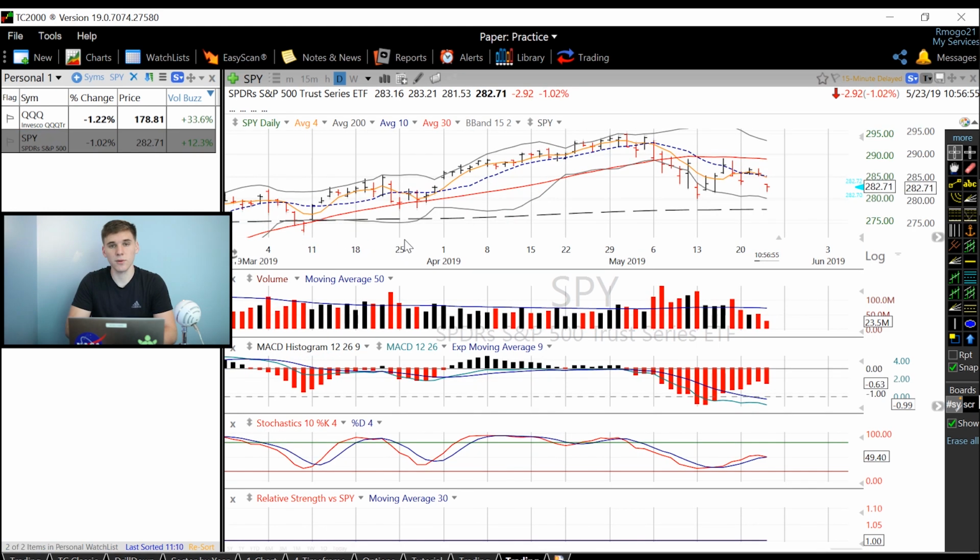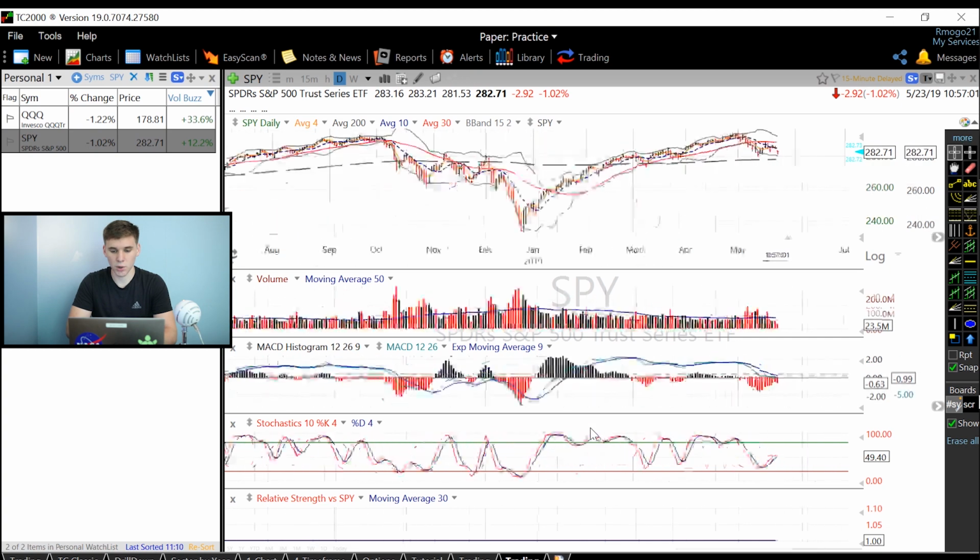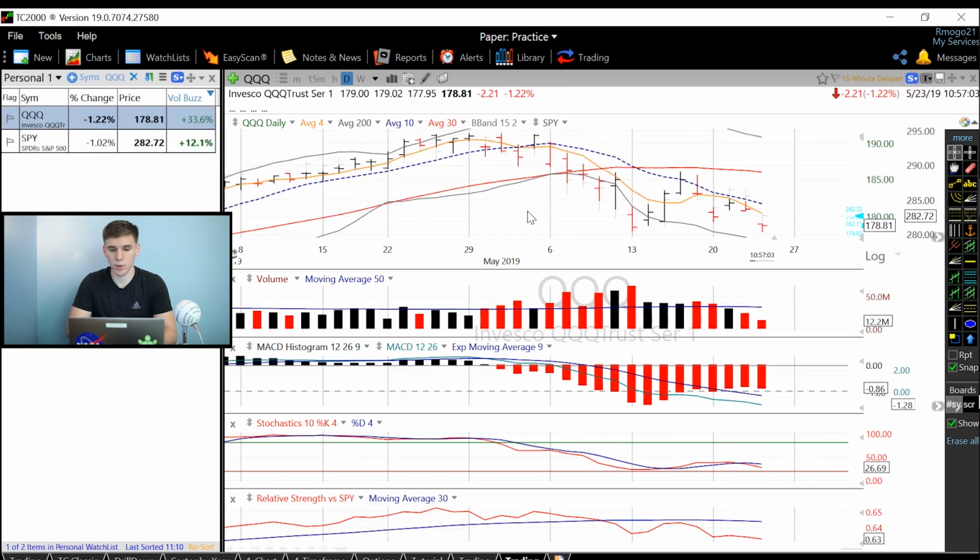So the final thing that I'm going to show you for this tutorial is how to have a little bit more room to work with when it comes to looking at different time frames and how to quickly switch between weekly, daily, and monthly. So what we're going to do is we have a daily chart set up already, just how we like it. So we're going to go over here and click